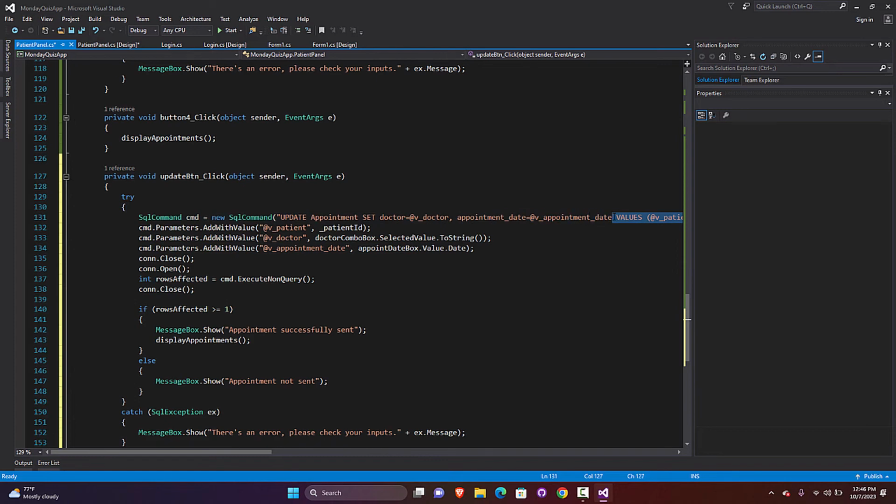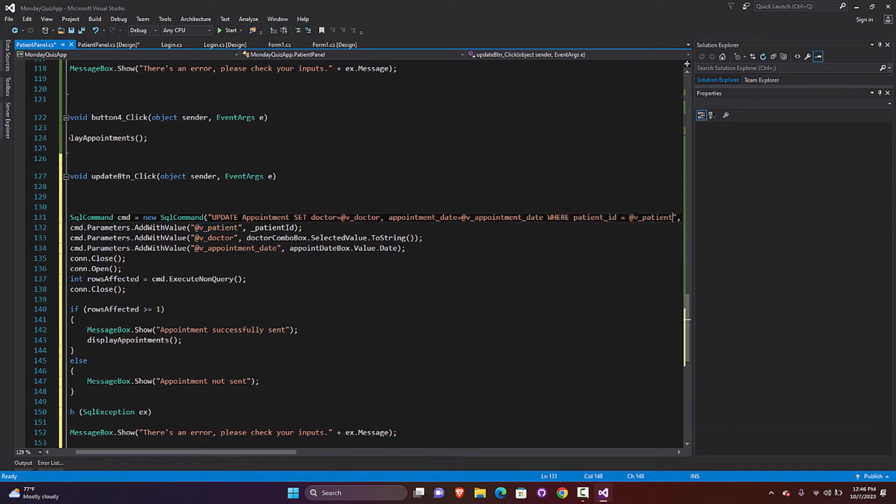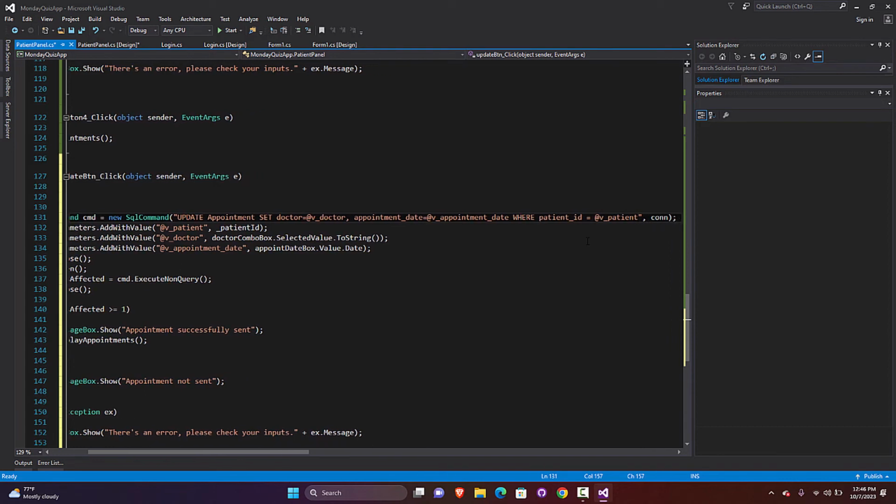The condition will be where patient ID equal to the patient. Like this: update appointment, set doctor, we change the doctor and the date where patient ID